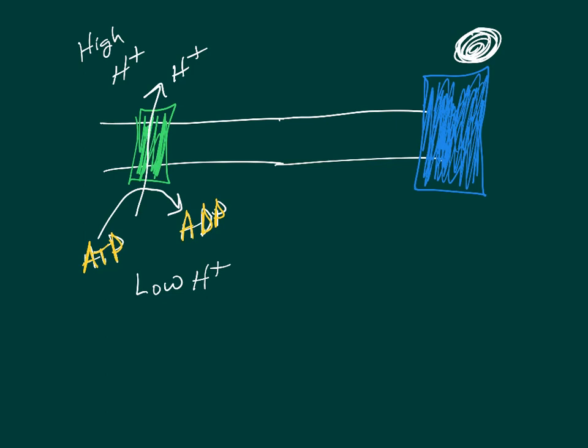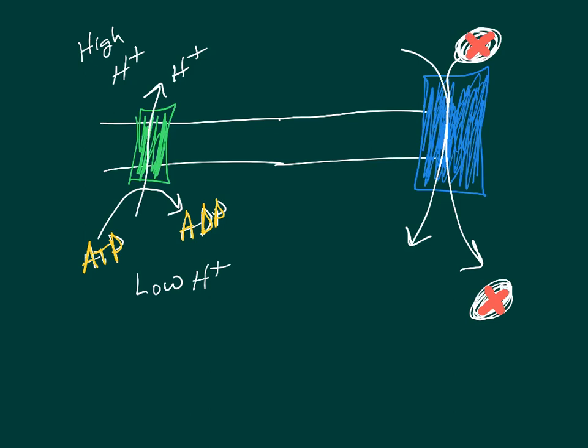We'll call this molecule X, okay? So X wants to get in. Well, what we can do is, as hydrogen comes in, guess what comes in with it? So X comes in as well. So this is called co-transport. And in co-transport, you notice that we're not really using ATP, right? It's not really using ATP,